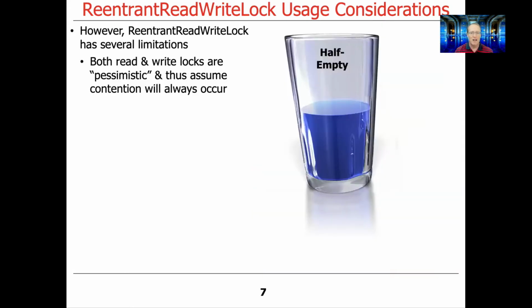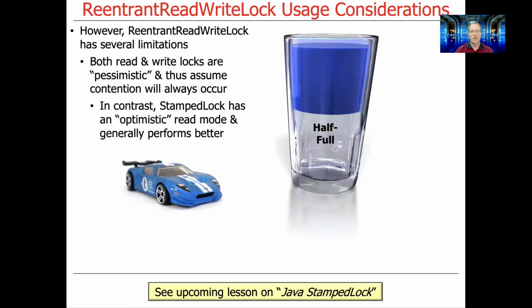So probably the most fundamental limitation is that both read and write locks with a ReentrantReadWriteLock are pessimistic, and therefore they make the assumption that contention will always occur. Now, you might think to yourself, well, how could you not make that assumption? Well, you'll see when we talk about Java StampedLock that that's indeed what StampedLock does. It doesn't need to make that assumption. And so as a result, if you have certain conditions, then StampedLock, which has this so-called optimistic read model, will potentially perform a lot better. Again, the emphasis is on potentially. As usual, your mileage may vary, so you need to always benchmark these different mechanisms to see what actually works